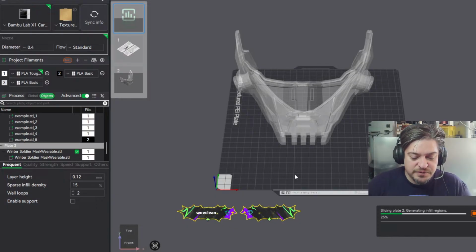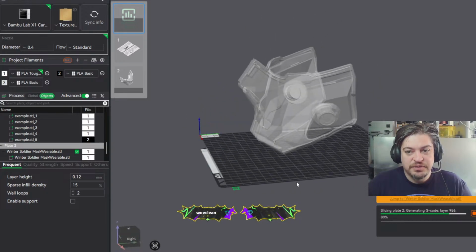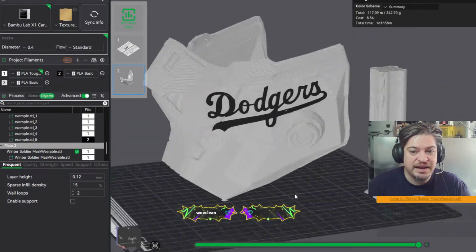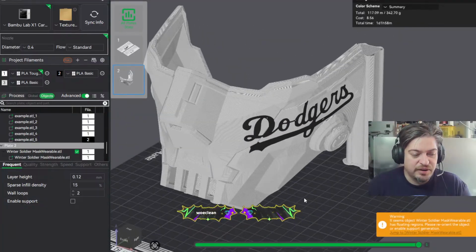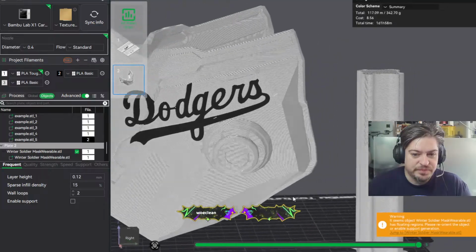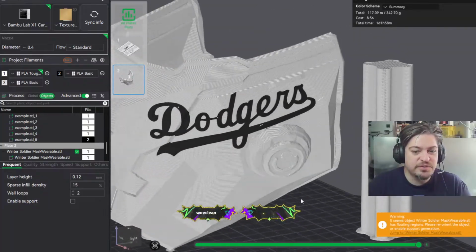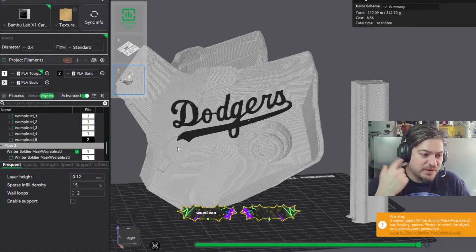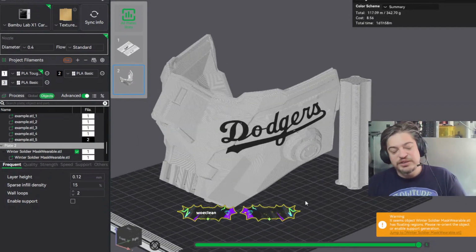And you're going to see right now that instead of adding a physical feature to the object, it's changing the color for where the feature should be. This isn't changing the outside shape of the model, but it is adding the logo or brand to the model, and it actually goes all the way through. But you can adjust the depth of the modifier in case you don't want the layer change to be so drastic and all the way through. But there you go. If I wanted to, we could print the Winter Soldier mask in blue and put that in white on the side or whatever. There you go. So boom, we covered